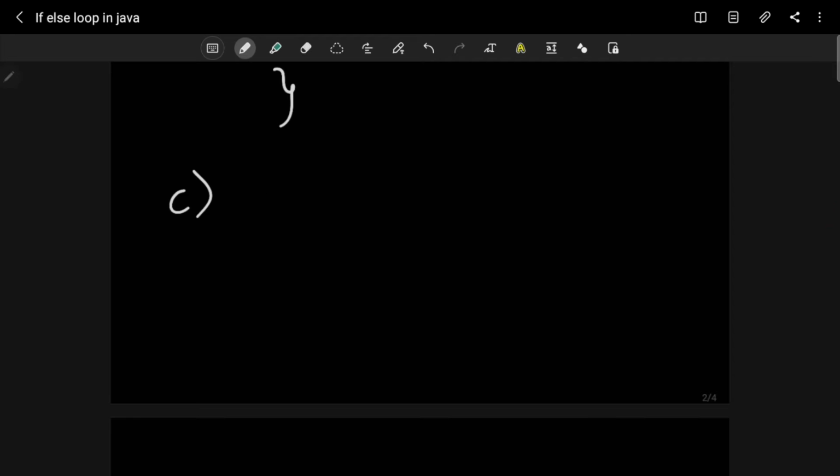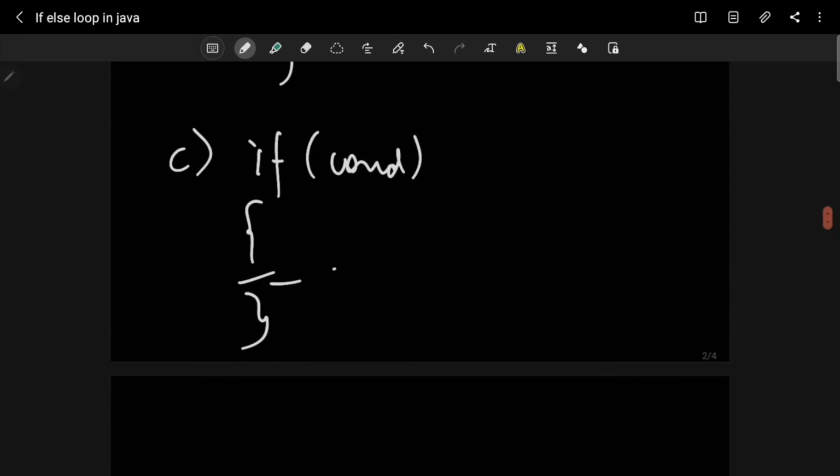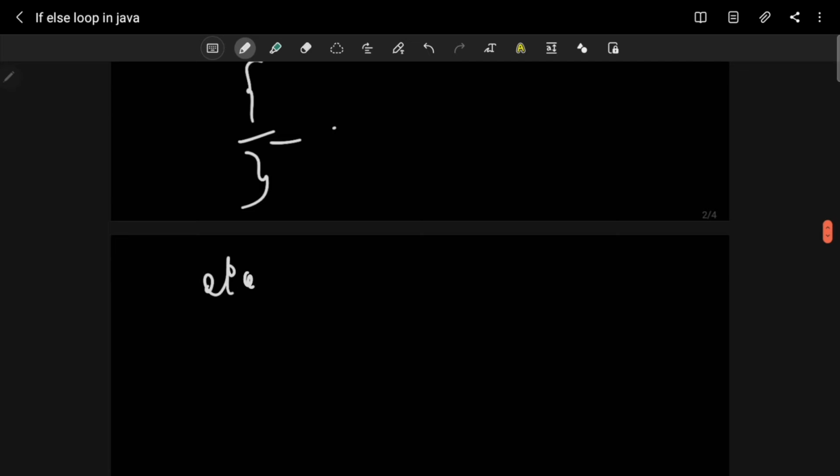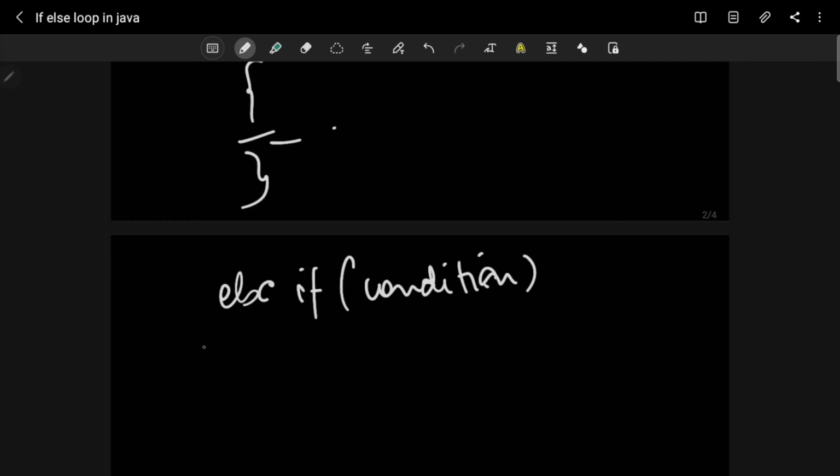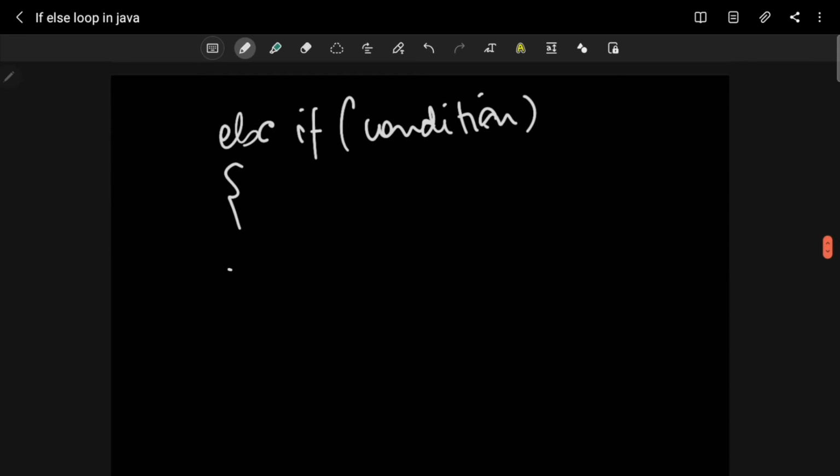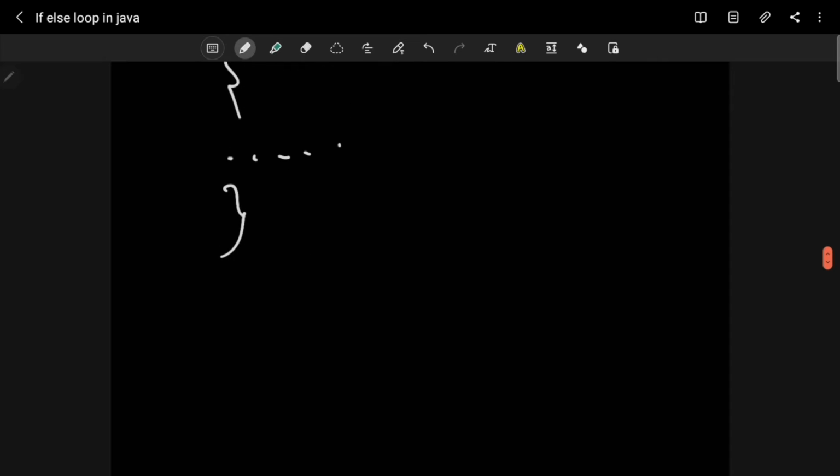The if else if condition. So how do you do that? First we write if, then whatever condition, again the statements that are to be executed, and you close it. Now if is done. Now else if, how do we do that? In else if, you will write the condition here and you will close the parenthesis, you will open the block and write whatever statements are to be executed, and again you will close it. And now you will write else.